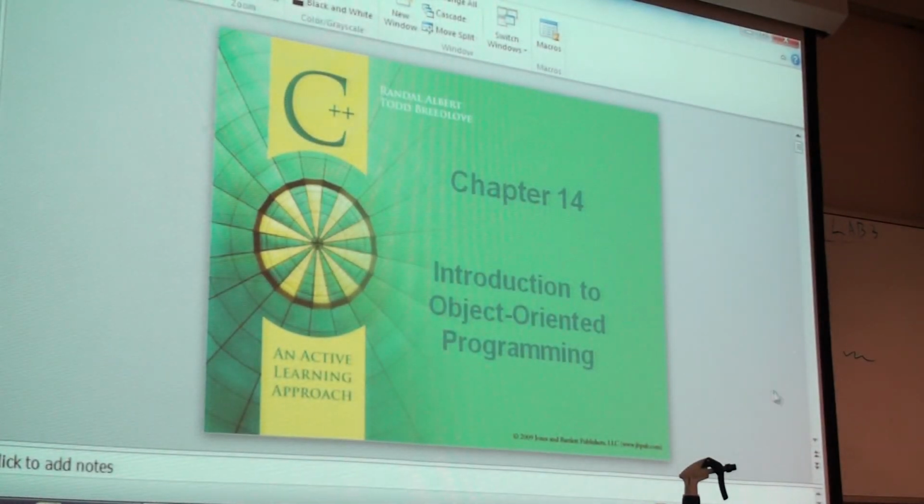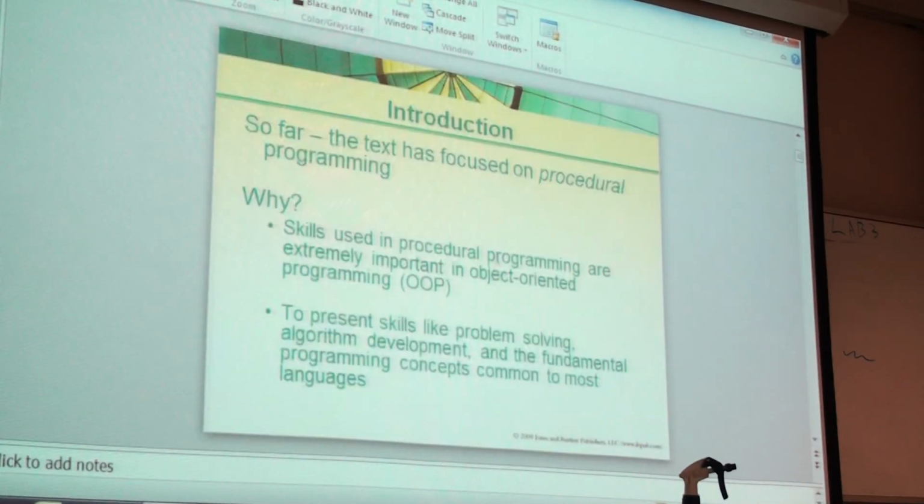Chapter 14 is all about object-oriented programming. This is topics for next week. Okay, so we will get to